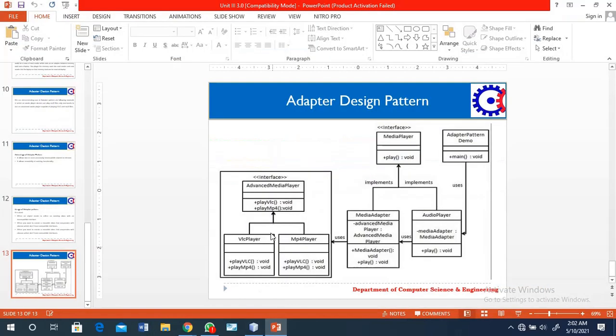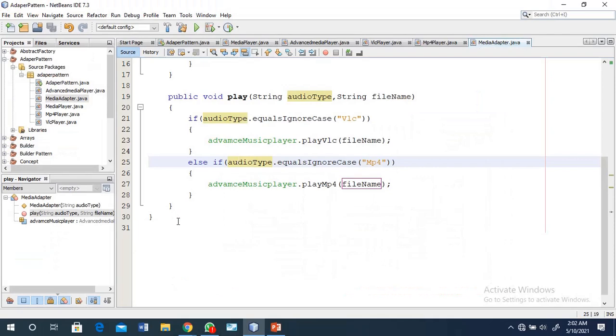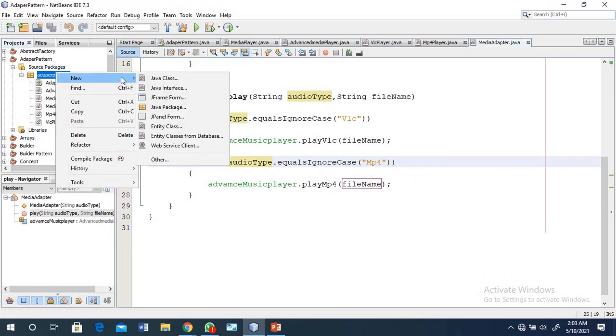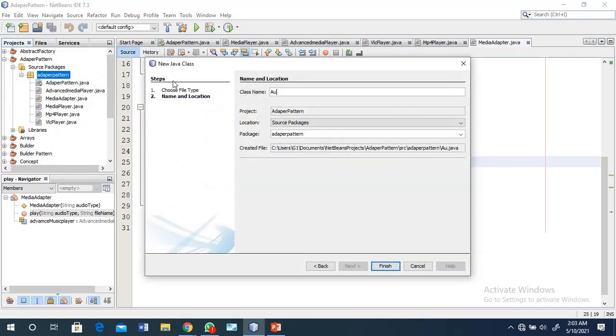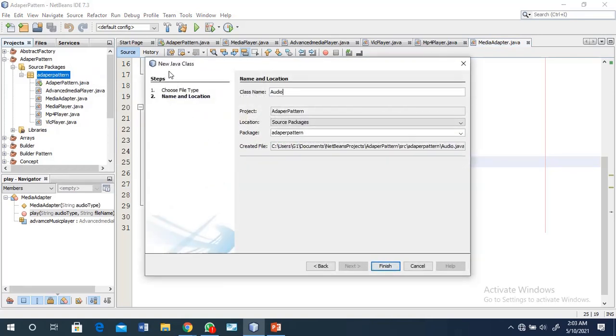So as per the diagram, we implement that code and the advanced media player also. Here we are working with the audio player. So first we create a new class, audio player.